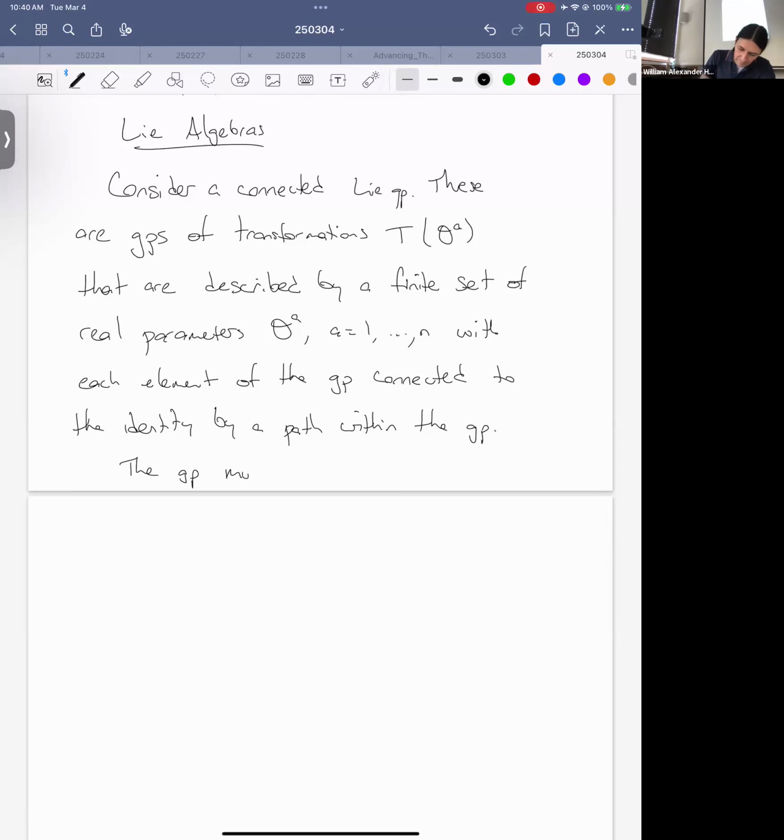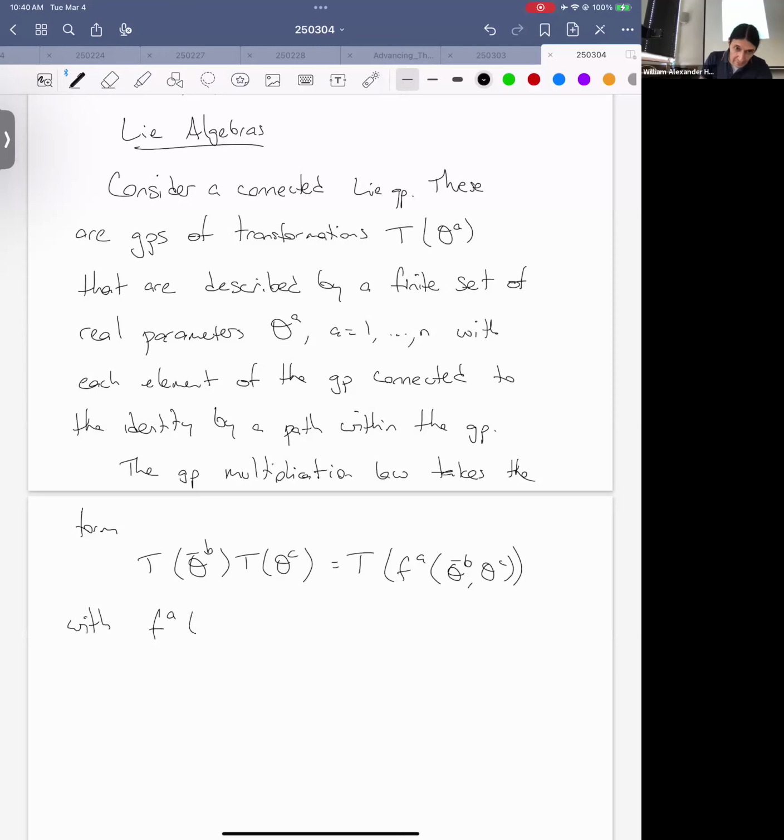The group multiplication law takes the form T(theta bar B) T(theta C) = T(f^A(theta bar B, theta C)), with these f^A of theta bar B, theta C some real numbers,